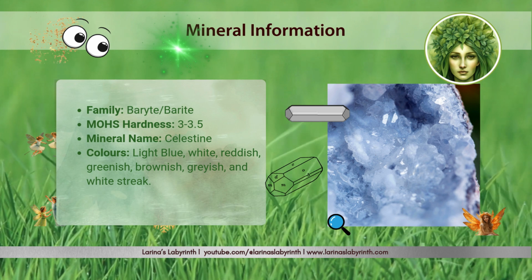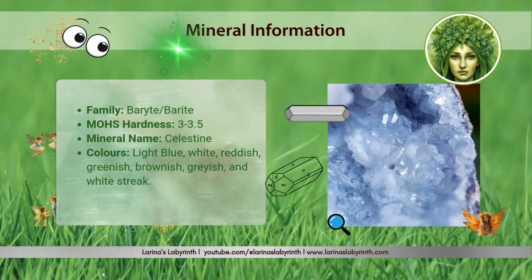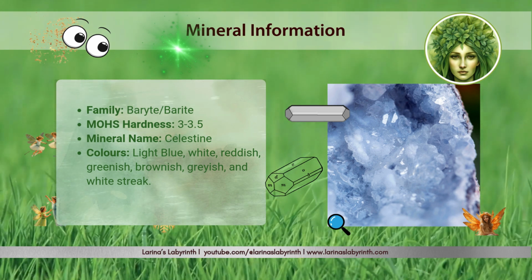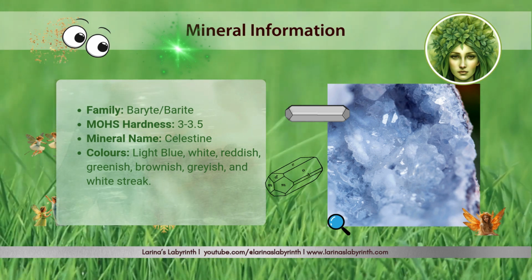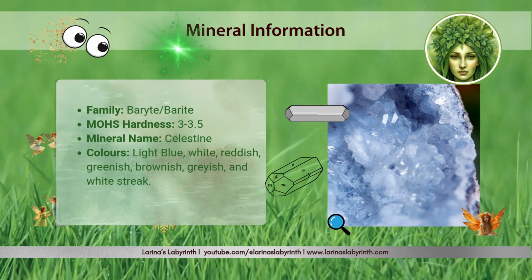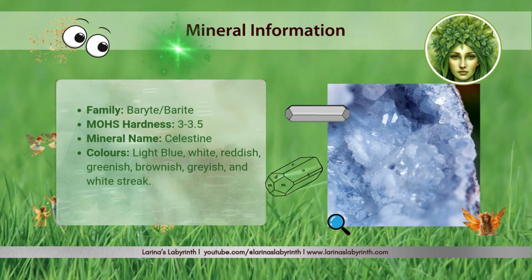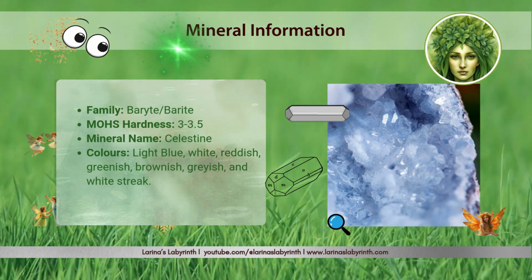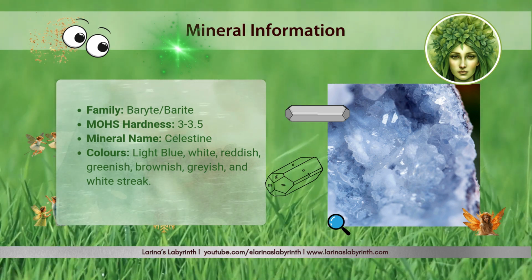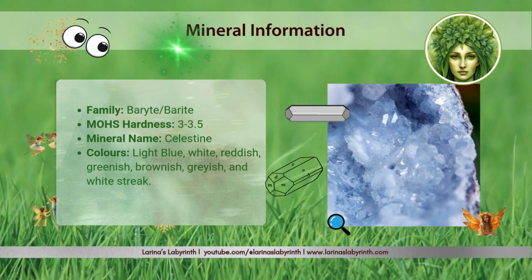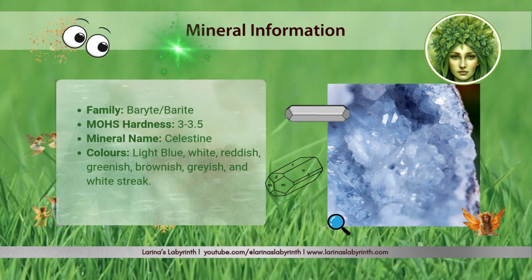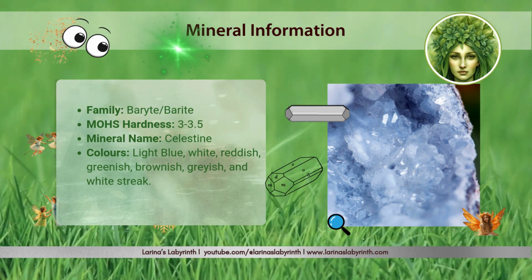Somebody somewhere decided that the shades and hues of the blue reminded them of angels, which is really interesting because when we talk about the metaphysical properties, it is actually associated with angels. So anyway, it got the name Celestite or Celestine. The other part that's worth knowing, as far as sharing information goes, is that the hardness of Celestite is a 3 to 3.5, which means that it's not particularly hard. Even though those crystals look like they're fairly strong, they're not.